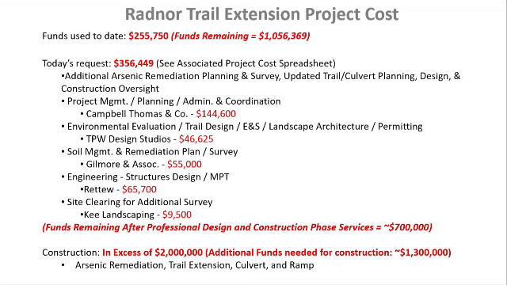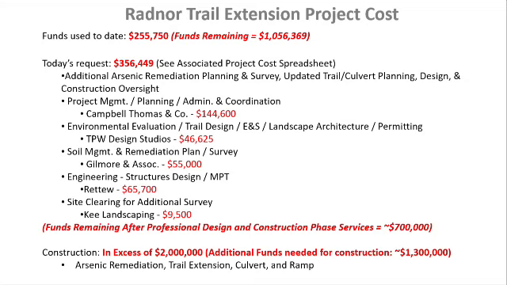So then, of the 1.3 that you have, you take out the funds remaining after the design services. If you take the 356 away from the 1.3, then you have 700,000 remaining after the professional design and construction services. So if you paid everything that we're asking for through the whole project, through the rest of the design, the rest of the permitting, revision of the drawings, et cetera, and then all the money is